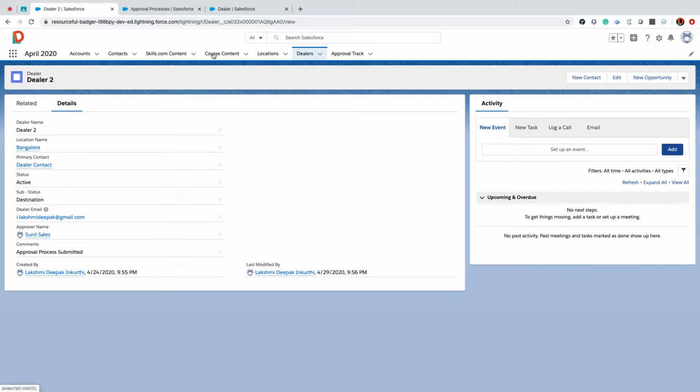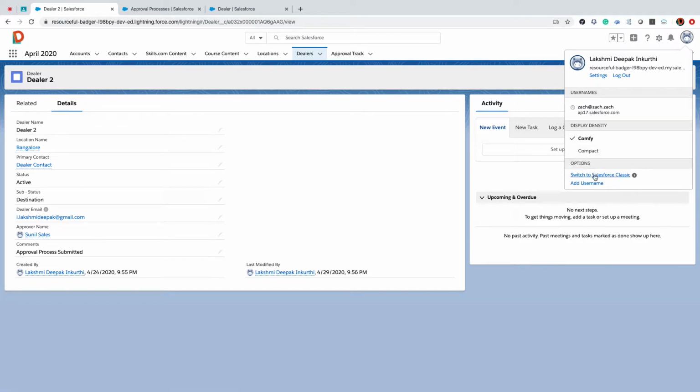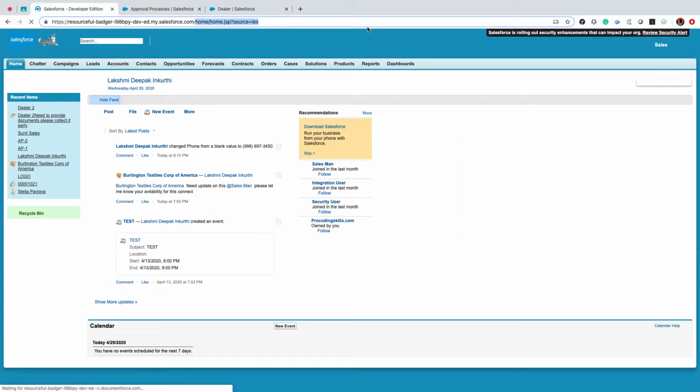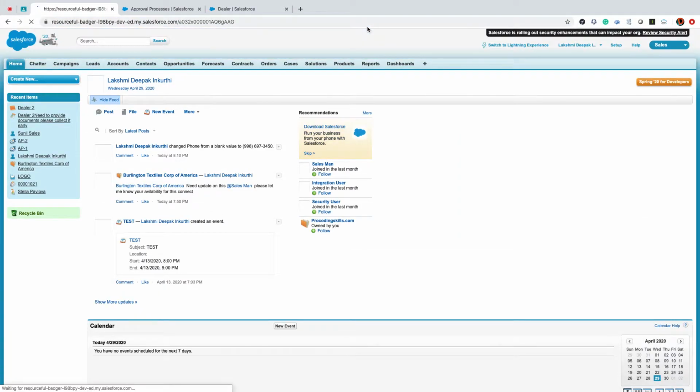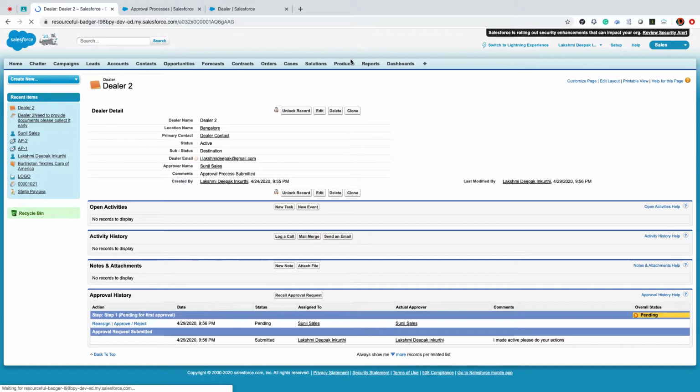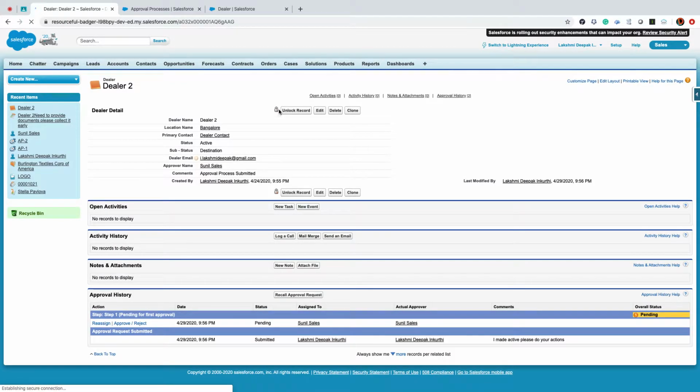I don't find any difference in Lightning, but I can show you the best way what is happening in Classic. Switch to Classic. Now you can see the record is locked, right?